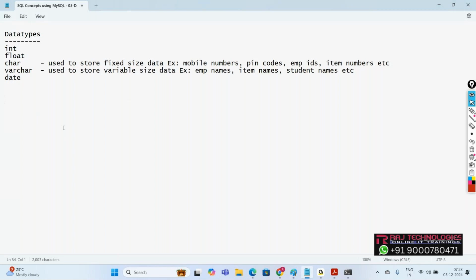Let us start working with the commands. The first one, create table command. Use it to create a table with the specified columns. The syntax is